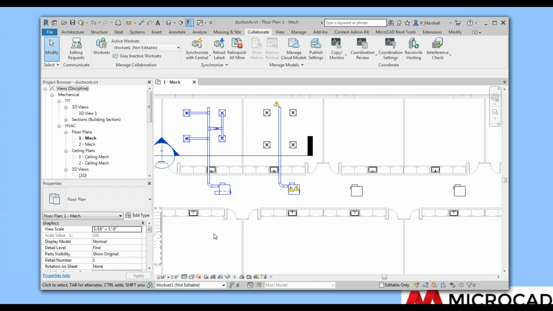So I've synced to the central, but that still isn't shared with anyone outside of my team. So members of the MEP team would see that I moved that duct, but nobody else would be able to see that yet. We control that by the publishing process. So if I look at the publishing,